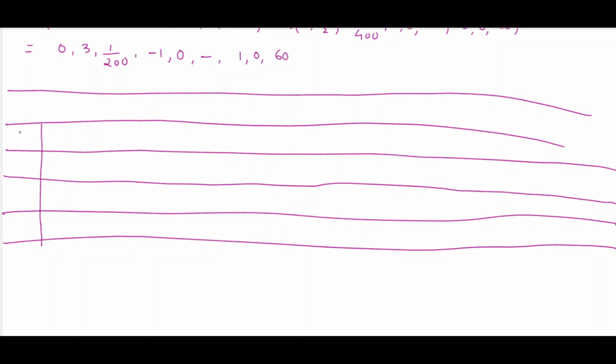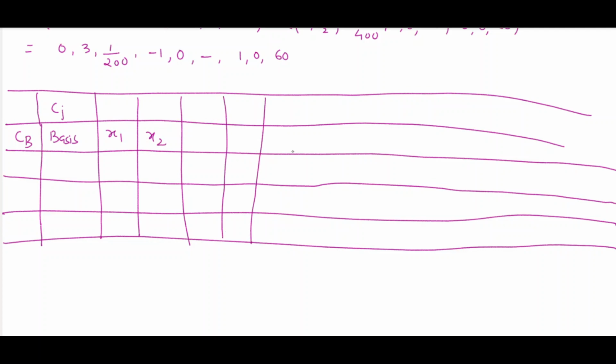So this is first the contribution to basic variable CB, and here it is your basis, and here it is your CJ, the coefficient of your variables in your objective function Z. So it was your x1, x2 fixed. There were two variables for this problem, x1, x2, then s1, s2, s3, then a1, a2, a3, then contribution quantity, and then minimum ratio.